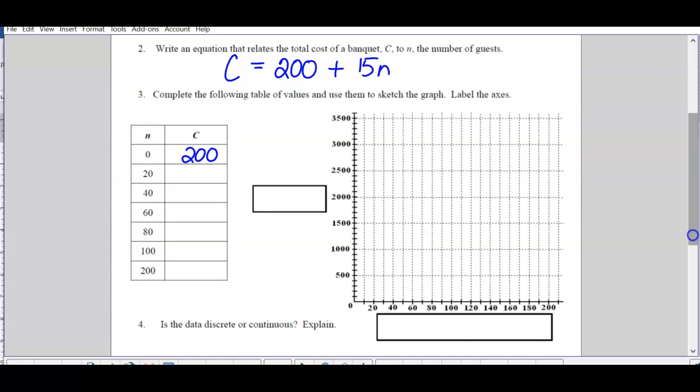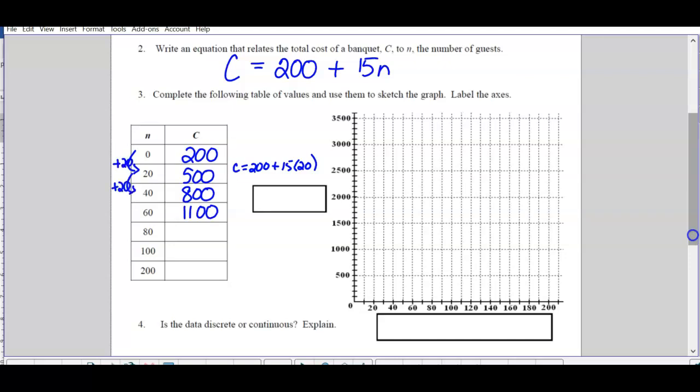Then if 20 guests show up, you want to substitute in. So basically here, C will equal 200 plus 15 times 20. You're substituting 20 in for all the n values. So what's that? 300 plus 200 is 500. For 40 would be 600 plus 200 is 800. For 60 would be 900 plus 200 is 1,100. So you can see here, as we increase by 20,